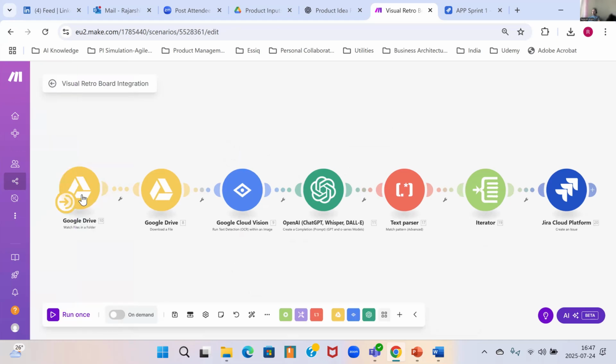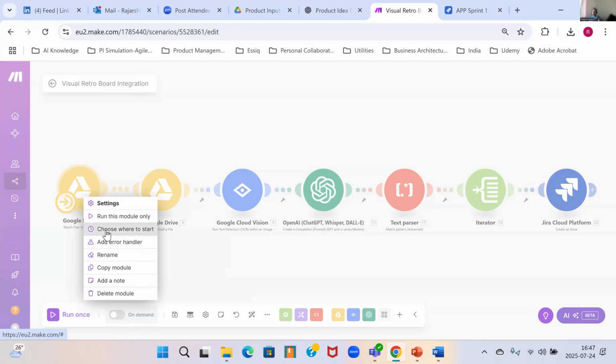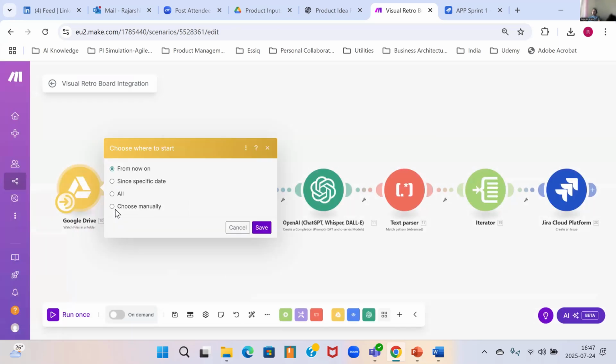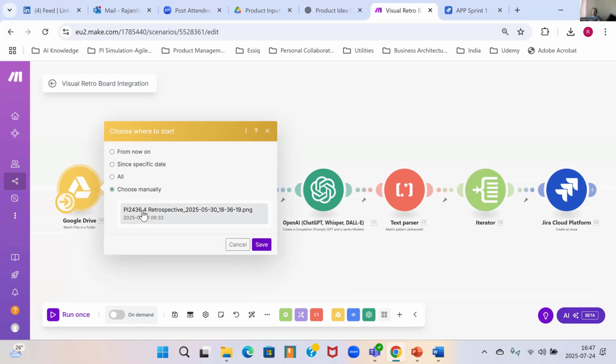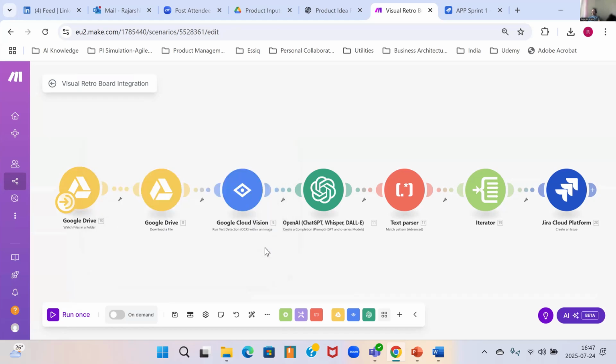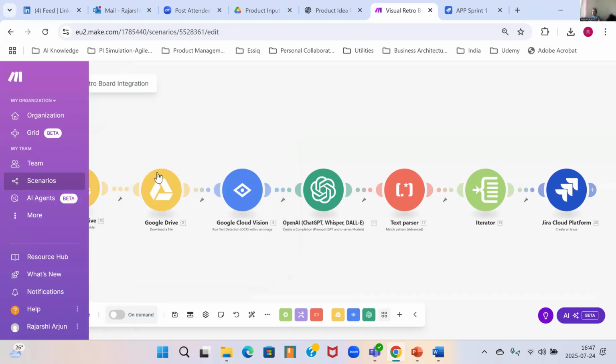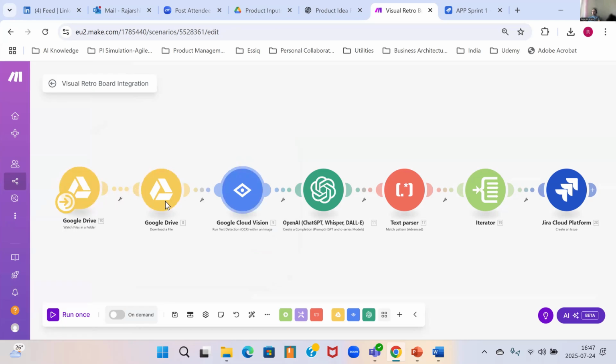So that file is basically, I've put it in my Google folder. So I'm going to choose the file. I'm going to save it. And here, what is going to be done is